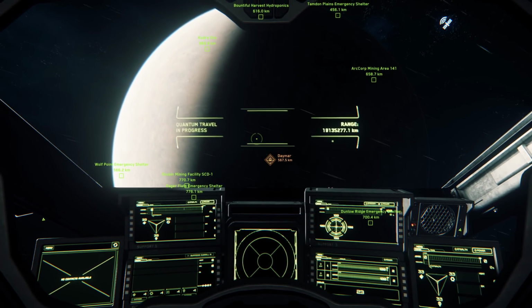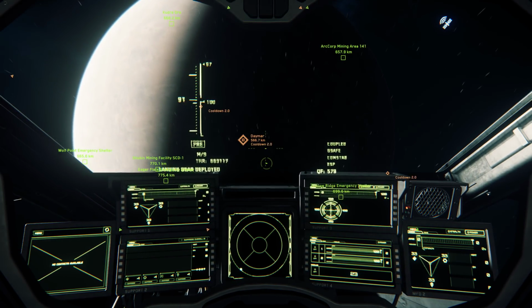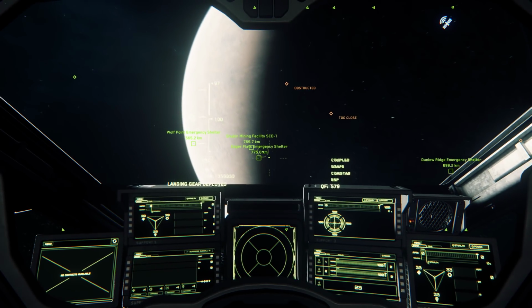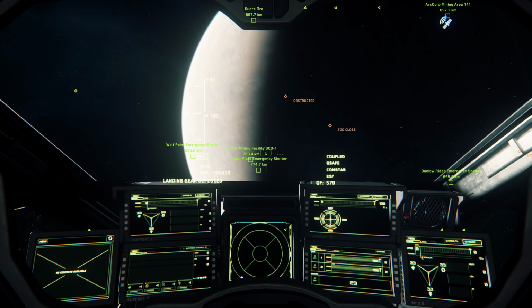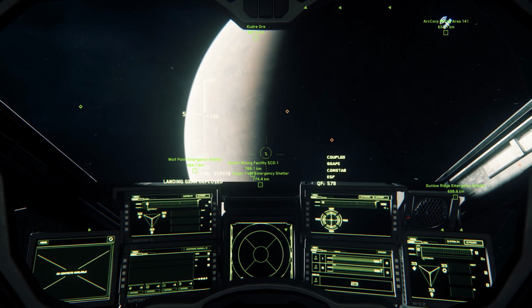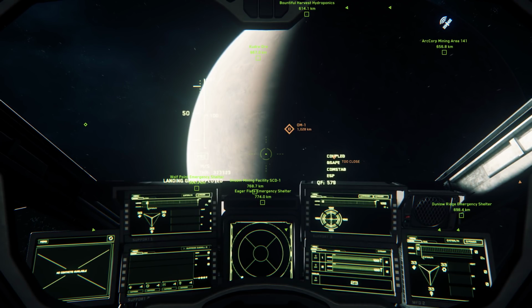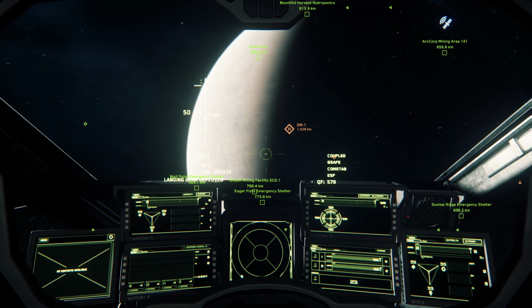Now the real question is where should we go? I want to go to a shelter or something where I can spawn another ground vehicle, because I want to put like a gray cat or something else in here that you wouldn't normally see, because I think that would be really funny. I think it would be really funny to get something like that on, you know, my Cutlass Black,